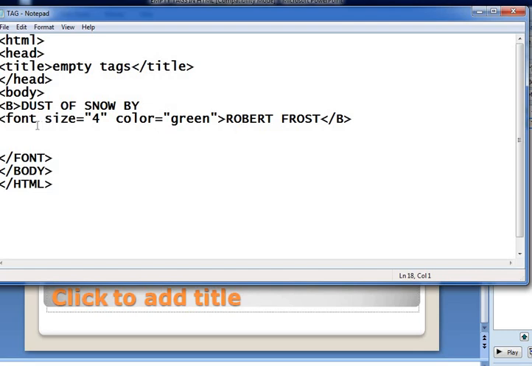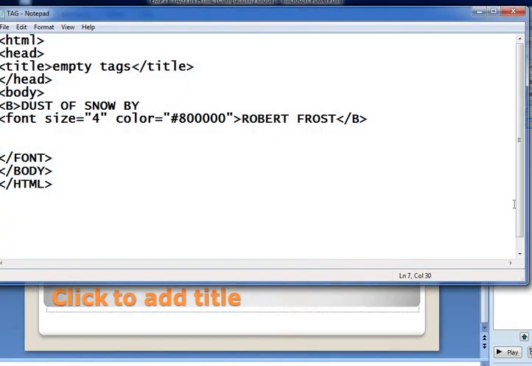And then with the font, we already studied about font. So font tag with attribute size. The size value is 4. The color is green. We can also use a hexadecimal value instead of the color name. For example, using hash, we can add maroon color. So the hexadecimal value is 800000. Then we erase the green color.